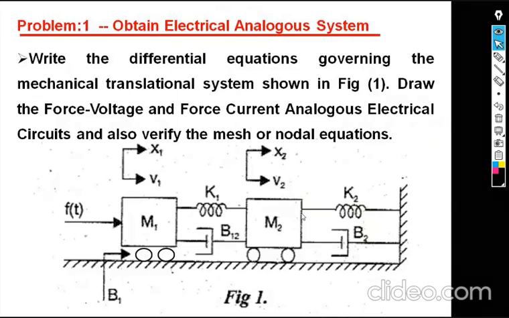So in the examination you will get a question like this. In this particular additional topic, you are not going to find the transfer function. Remember that one, transfer function is a different concept. Here he has asked you to write the differential equations, and then draw the force-voltage and force-current analogous